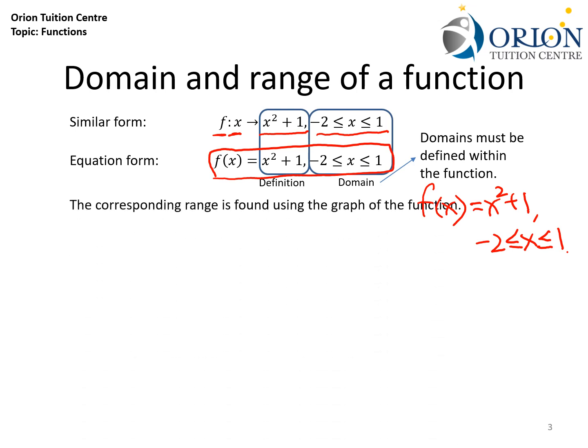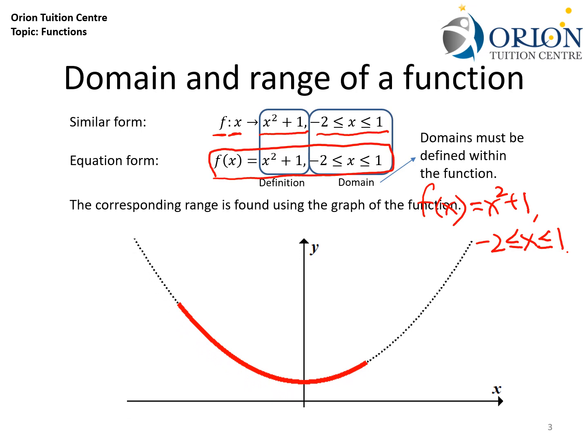To find the range of a function, we can simply sketch the graph of the function out. So for the function given above, we can sketch the graph to be like this, where the black dotted line actually shows the entire graph if there is no domain restriction, but due to the domain restriction, we have to restrict the graph to the red color portion over here. So the domain of this graph is actually from